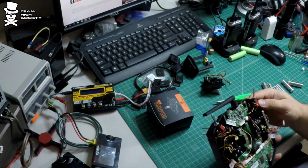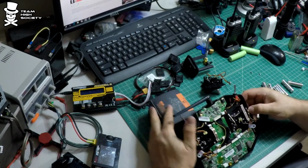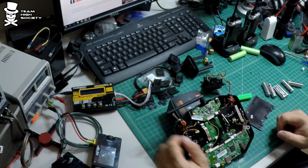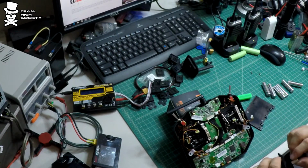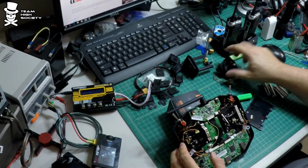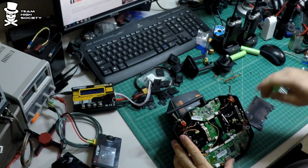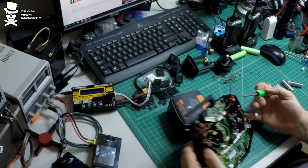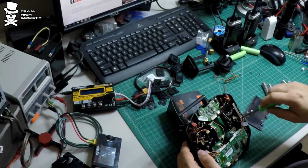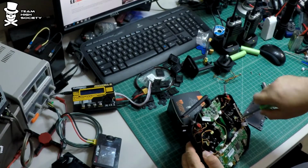Okay. So now, if you're a fan of a notchy throttle, then you're going to want to set that right now. And basically, this little piece of metal here that has that little bend in it, if you loosen that or tighten the screw down, it puts pressure on that,